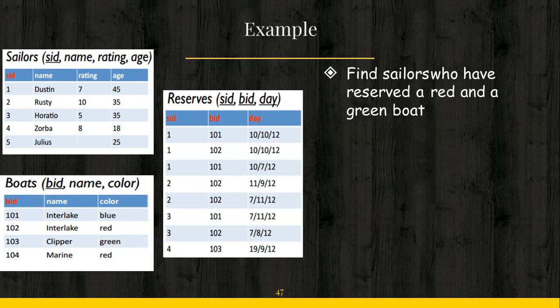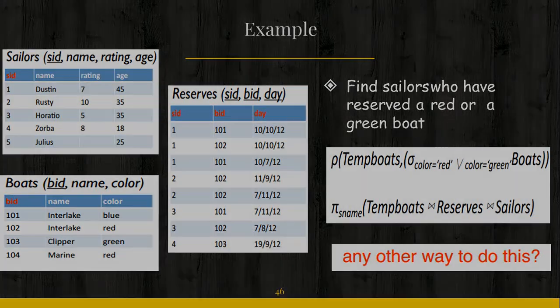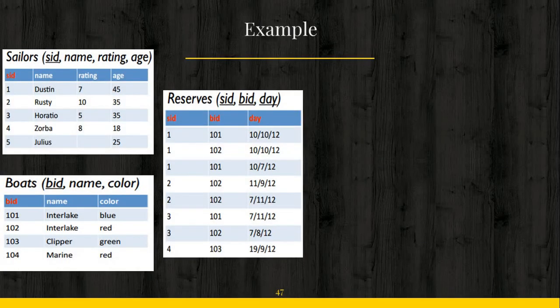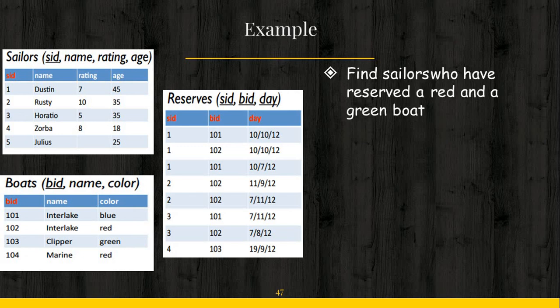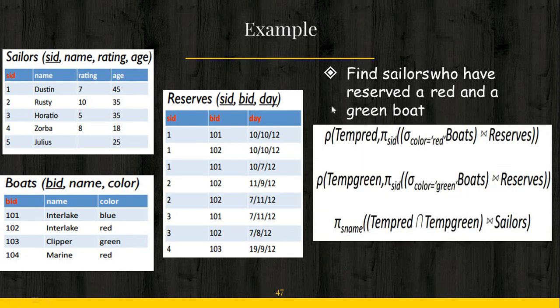Find sailors who have reserved. Now, finally, I'm going to show the last example of this video. And here's the question. Find sailors who have reserved a red and green boat. So the red boat's information has been reserved in the temp red table, and in the temp green table the green boat's information has been reserved, and we just simply do the